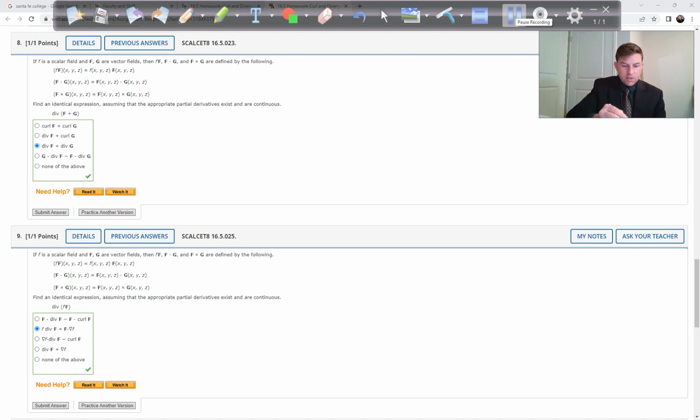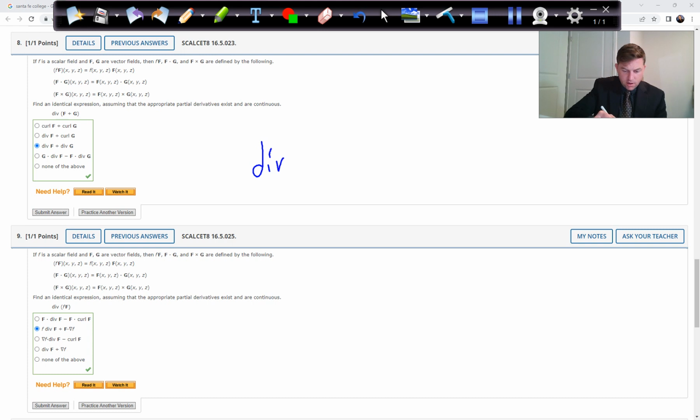Okay, problem 9 is pretty similar also. So we have the divergence of scalar field f times vector field F, and we can, in one case, pull that f out and make it f times, let me not write times so we don't confuse it with the dot product, f times the divergence of the vector field F, but then we also get the divergence of f, the scalar,